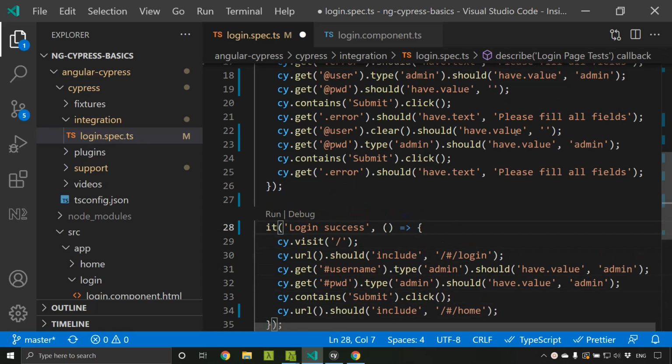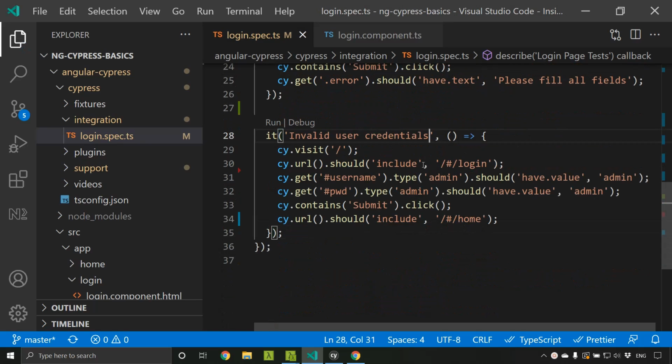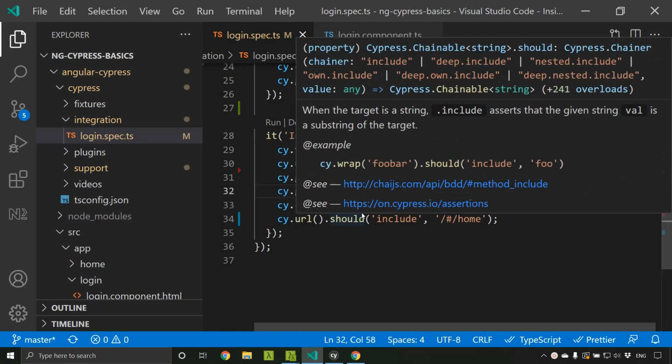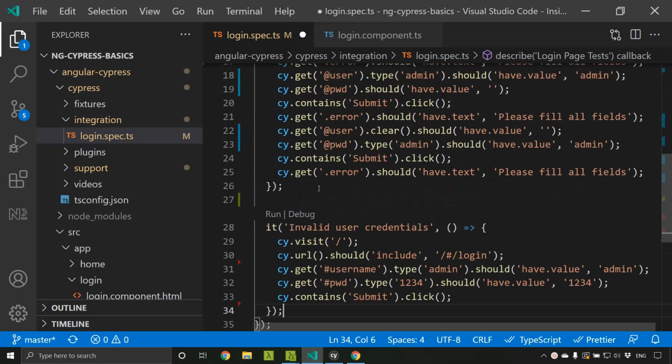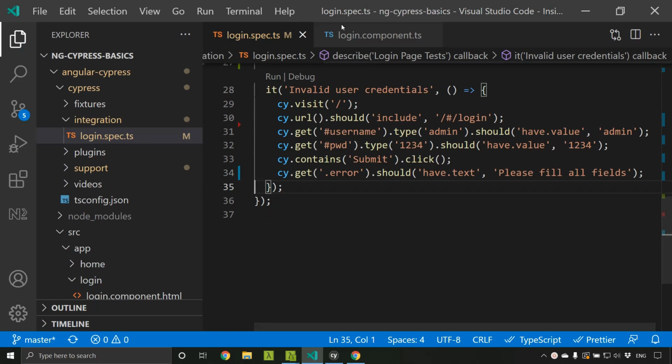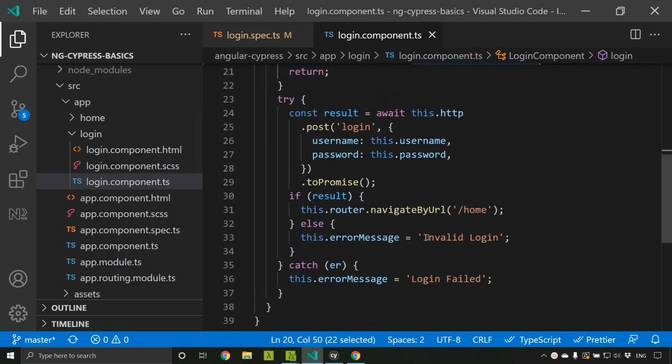So again, I'm adding a new unit test case, and I'm giving it as invalid user cred. So here, instead of typing admin, I am giving some invalid user value, the password value, and here I am changing the assertion, and I will ensure that an error message is shown, but not the please fill all fields, but the invalid login.